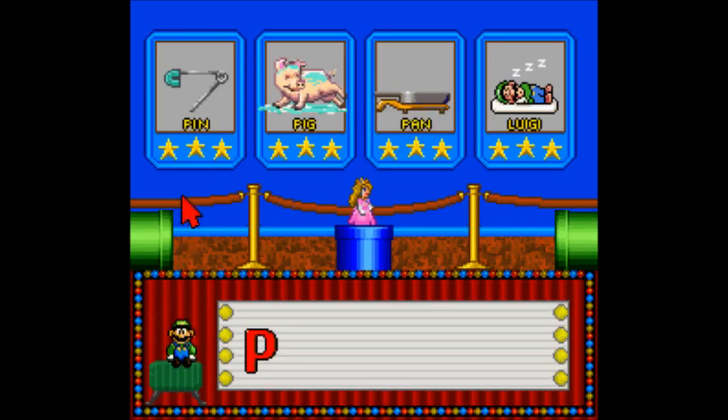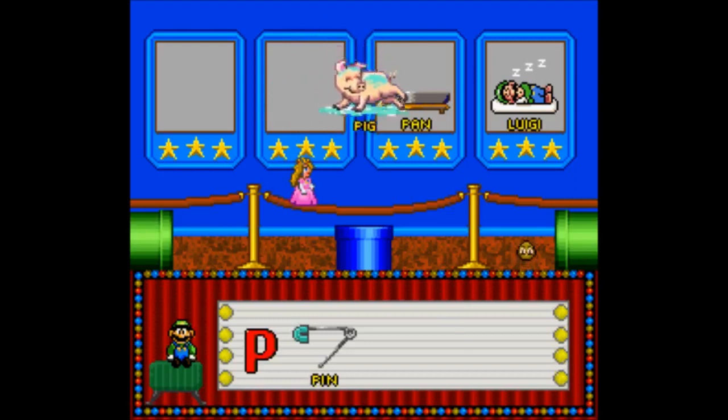Choose a word that starts with the letter P. You found it. You picked pin that starts with P. Pin. Choose a word that starts with the letter P. I like your choice.